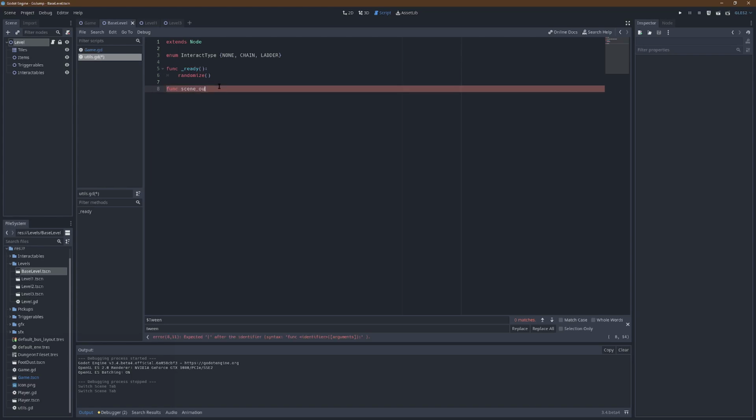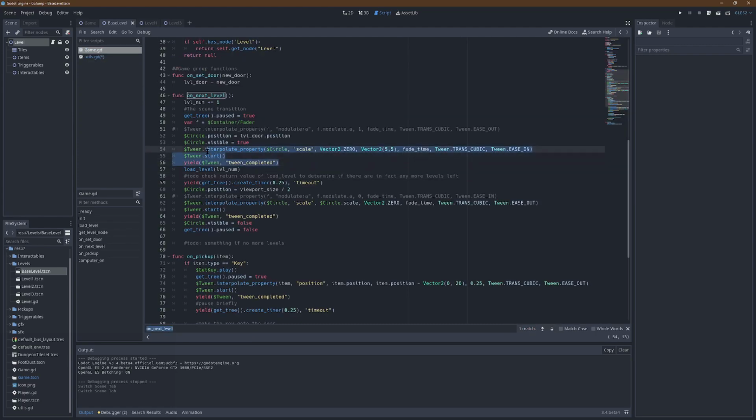So I want to make a scene out function and I want to pass in a sprite to use. I want to pass in tweener to use. I want to also pass in fade time. It's going to be below it. And I want to know if I should pause the rest of it. That's going to be Boolean. And then what I want to do is take half